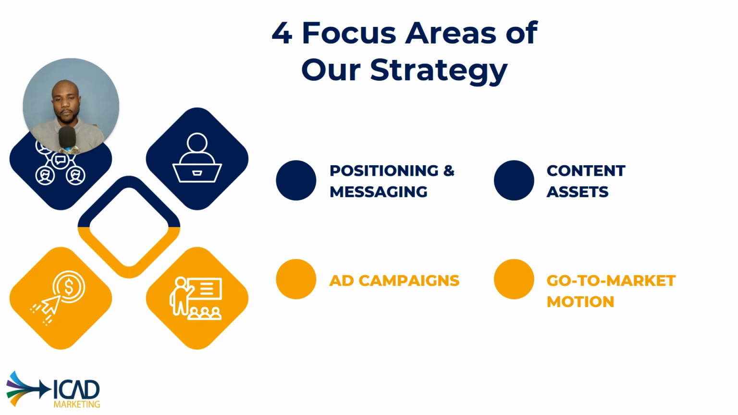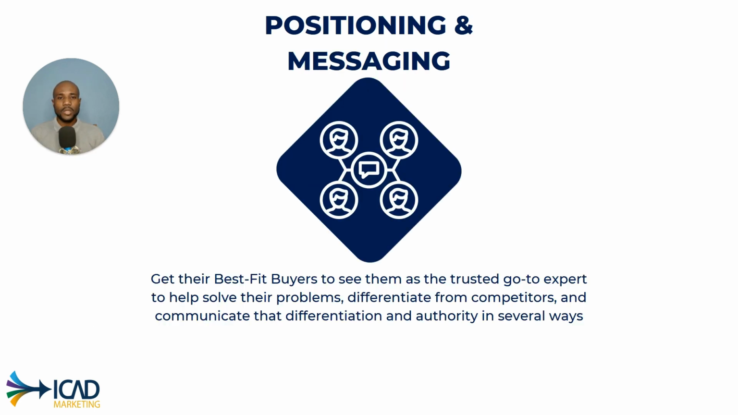How would we position our client's brand? Number 2 is the content assets. Number 3 is the ad campaigns that we wanted to roll out. And number 4, what is that go-to-market motion in terms of what do we need to do to execute on that particular strategy. So position and messaging simply means that we wanted to get their best fit buyers based on